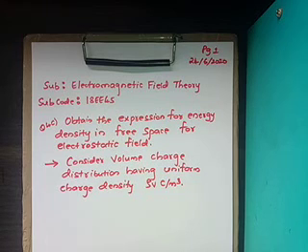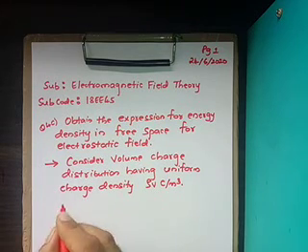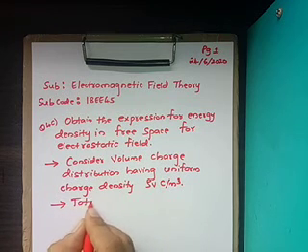So the volume charge distribution, that is the uniform charge density, volume charge density is rho v coulomb per meter cube. So the total energy stored